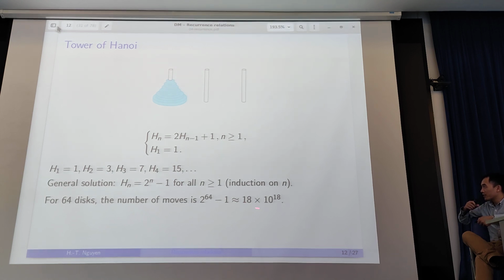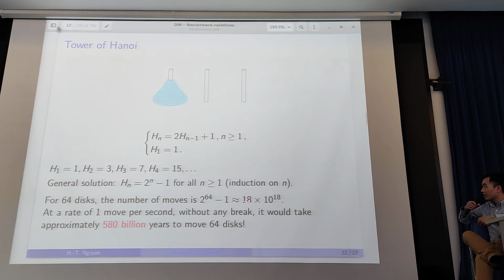So what does it mean? Can you have an estimation of how much time it is? So suppose that the monks work continuously without break and they move very fast, very skillfully, they only need 1 second for each move. If you divide this by 1 move per second, then this is roughly equivalent to